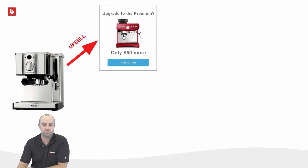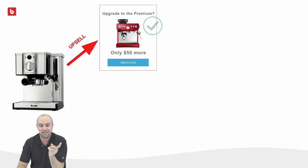So for only $50 more, and you always have the choice when you're creating an upsell to show the price of the upgrade or just the difference. And we actually noticed that when you show just the difference, they convert much better. So instead of saying upgrade to this for $399, it's only $50 more, because then that frames it in terms of, yeah, it's just $50. Why not? So if they say yes, then you can still put them in that same funnel,